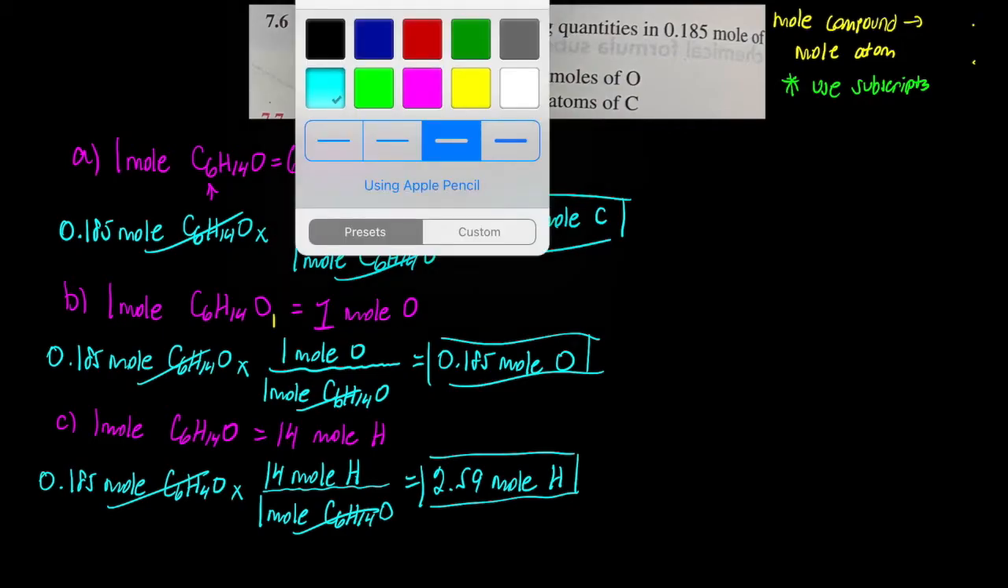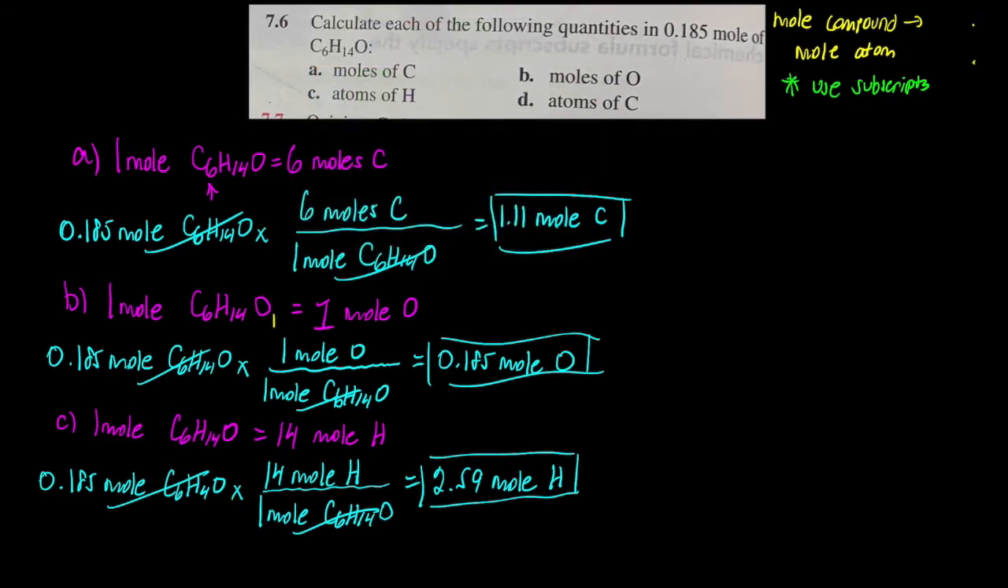Now, in part D, we want atoms, not moles, atoms. So how do we do this? Well, we start with moles and we somehow convert to atoms. So for part D, we know we have 1.11 moles of carbon, and I somehow need to convert that to atoms of carbon. So the key thing to remember here is that 1 mole of carbon is equal to the Avogadro number